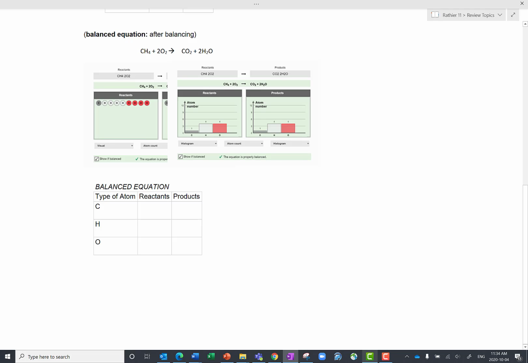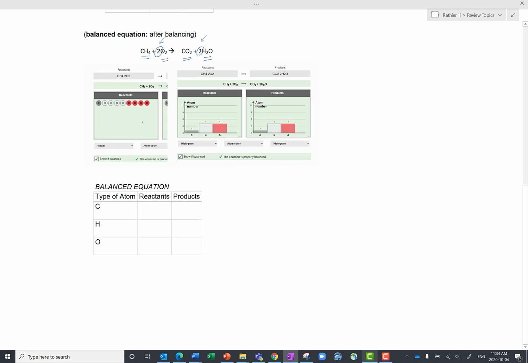When we look at the equation that's balanced, what you can see is that what I've changed is I've put numbers out in front here. So I haven't changed the formulas that I have. I still have CH4 plus O2 producing CO2 plus H2O. However, what's changed is I've added these coefficients. And that's really telling me how many of that thing I want in my chemical reaction. If you think of a chemical reaction like a recipe, it's telling me you need 2 oxygens for every 1